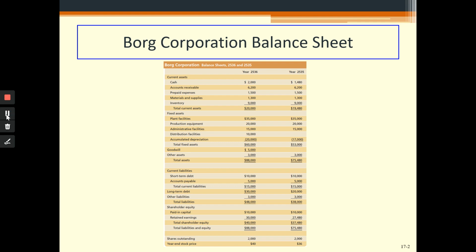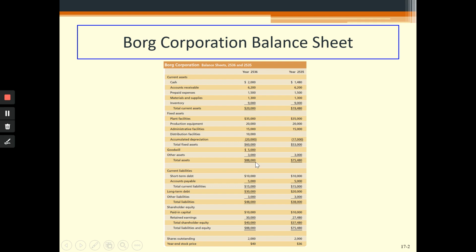So here's the balance sheet of the Borg Corporation. We can see that we have current assets: cash, accounts receivable, prepaid expenses, materials and supplies, and inventory. So the total of the current assets is this. Likewise, we have fixed assets, and once we add all the assets,